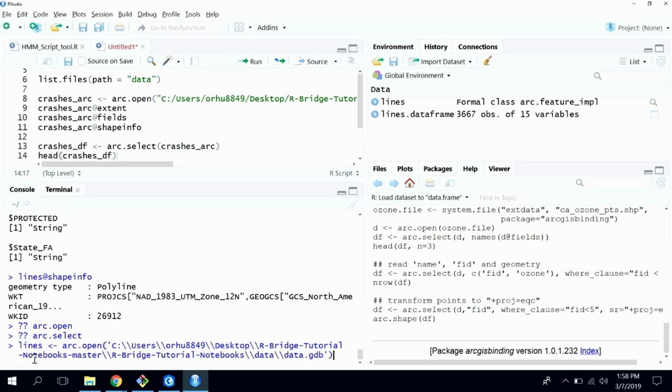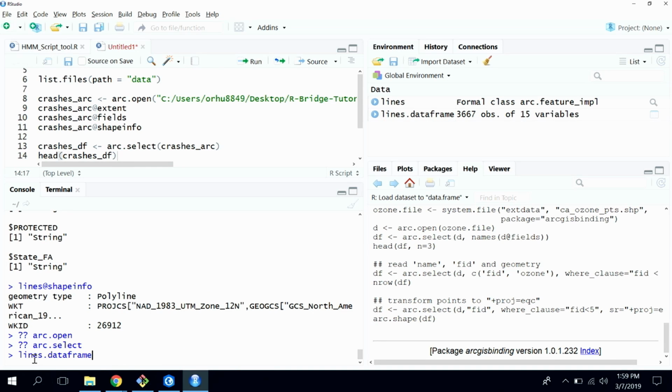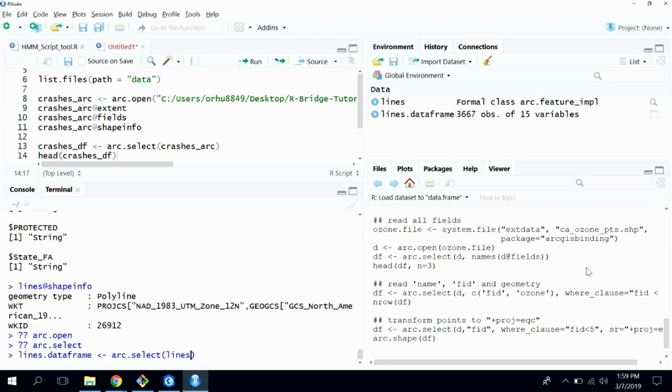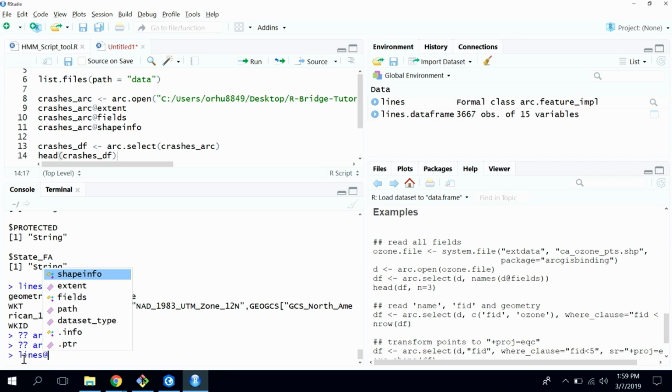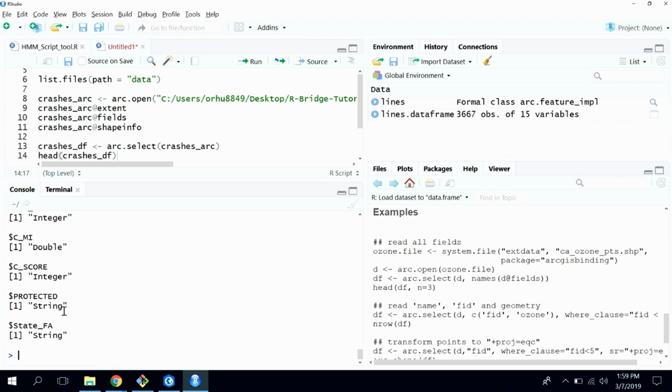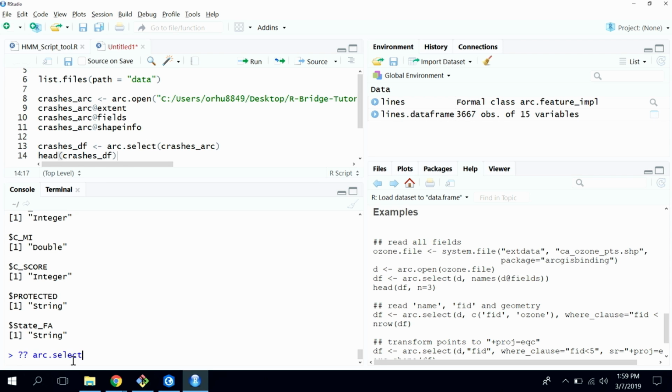When we use ArcSelect, we simply just point it to the ArcOpen output. Let me get to it. If you just said ArcSelect on the entire feature class I'm trying to bring in, what if you just need one field? So we can also do a subset on the field. We can just bring in some of the fields. So in this example, first of all, I don't remember which field the lines object contains, so let me go back and say fields. Let's say that I want to bring in this field called protected. I can do ArcSelect,